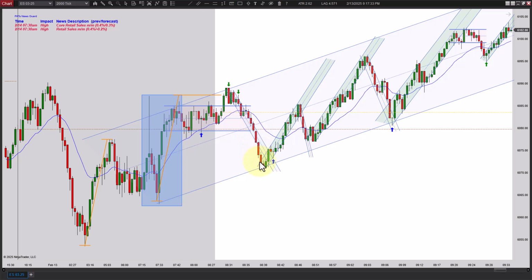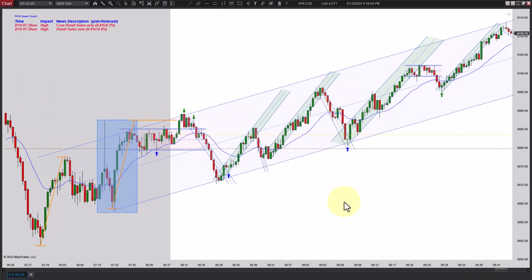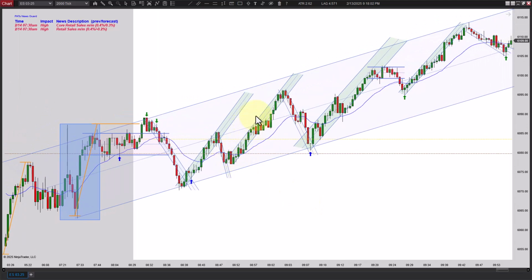And of course, you drop down here and you bounce and you get an overshoot here, in my opinion. This is your channel and you get an overshoot and then you get a higher low. I like just trying to ride that back to the EMA, and it ends up going a good bit higher. And then you get a break of that channel. It tries to go lower and fails. This is tempting to go long here, but I think you've got to sit tight on that. It does end up going higher, but it's just not a good setup. Just stay away from that. And no chance to really get long or short here.